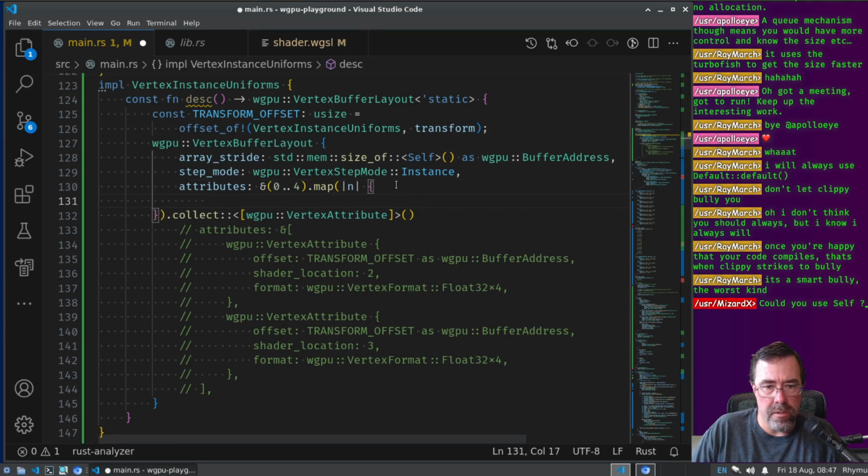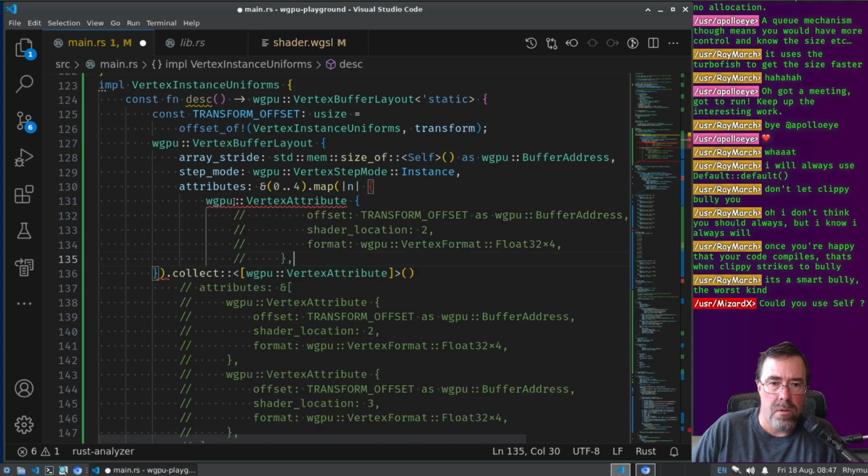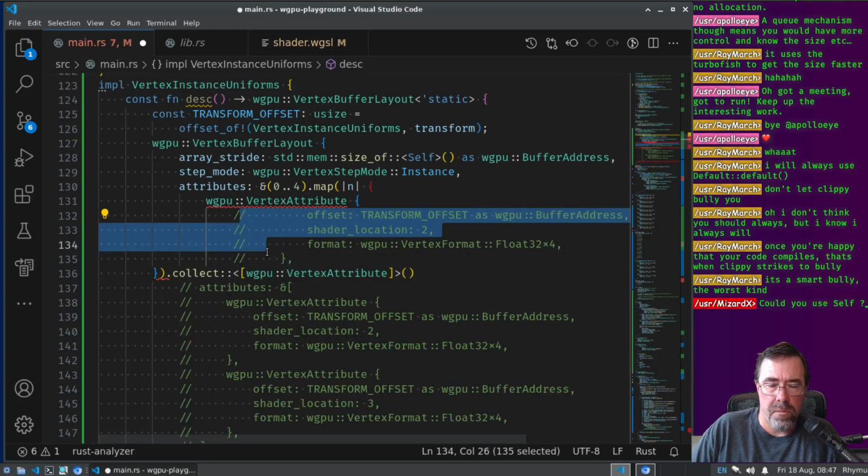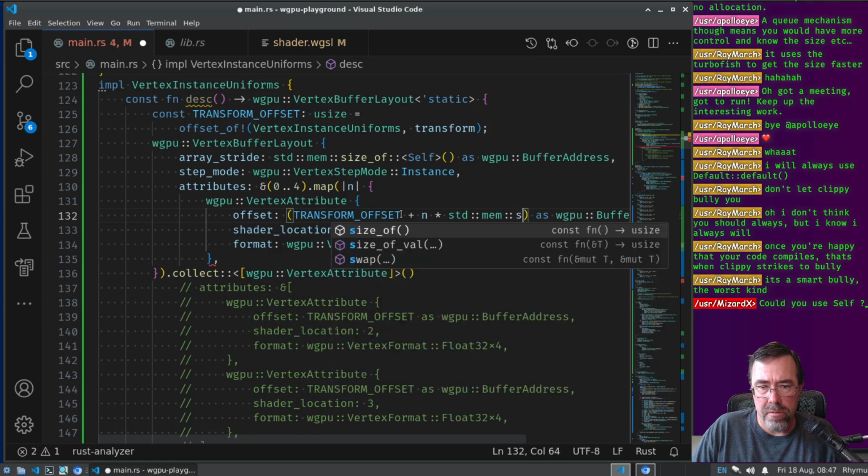Okay, and so the n is one of these. So it's this plus n times a standard mem size of